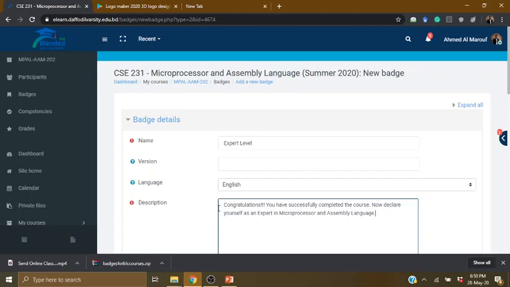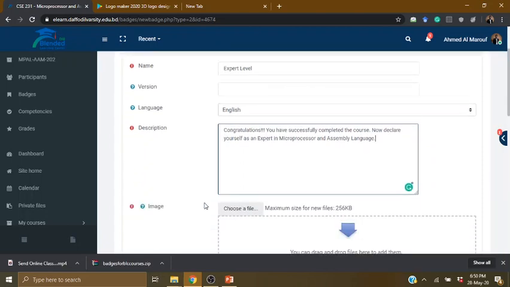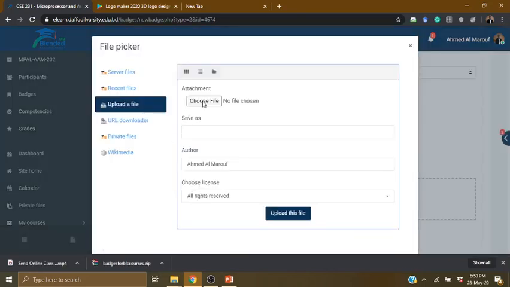So here I have just written the description for the expert level, and then I'm going to select the image,